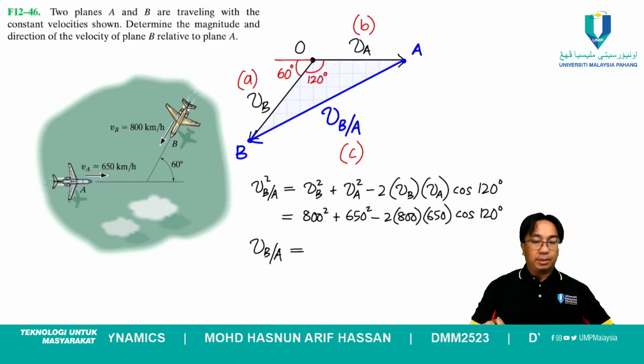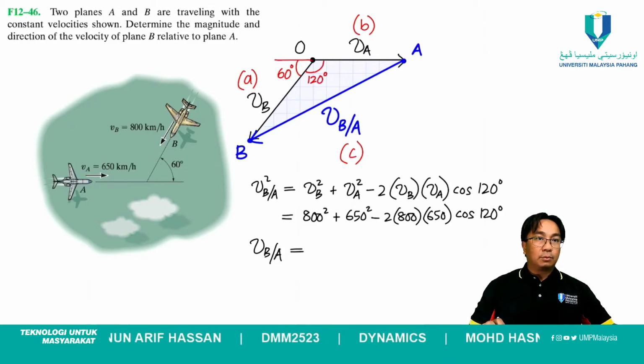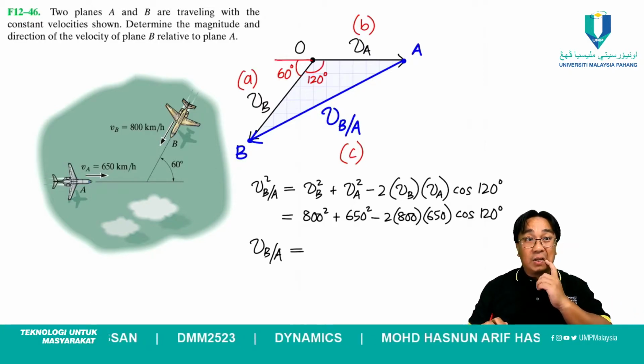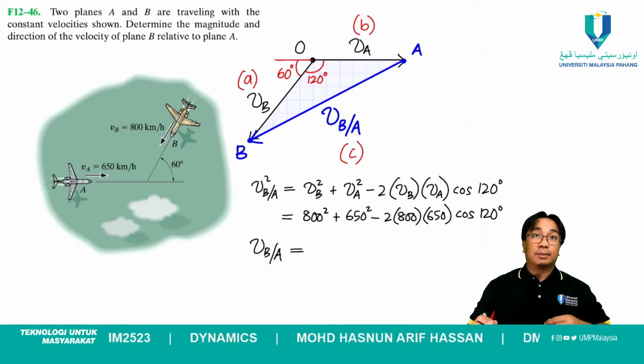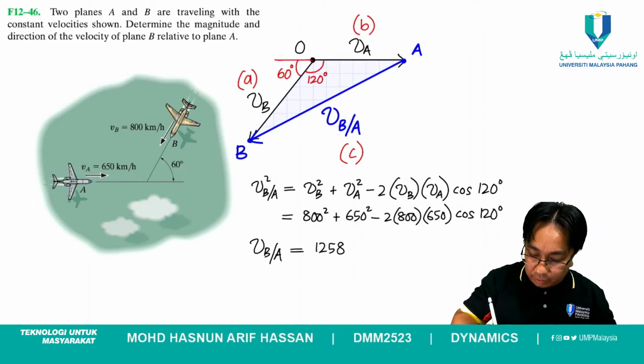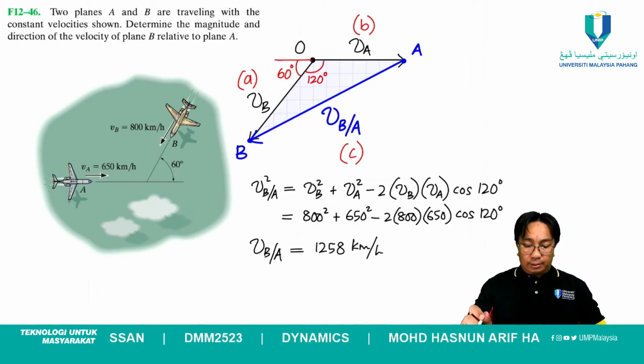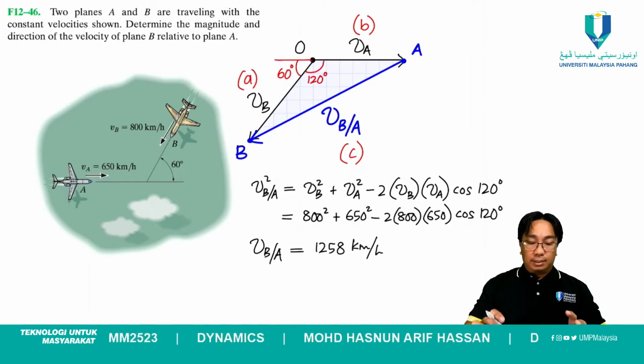Anyone, can you help me calculate this? 1258. The same answer? Same answer. Good. Okay, so 1258 kilometer per hour. Okay. So what this tells you is that